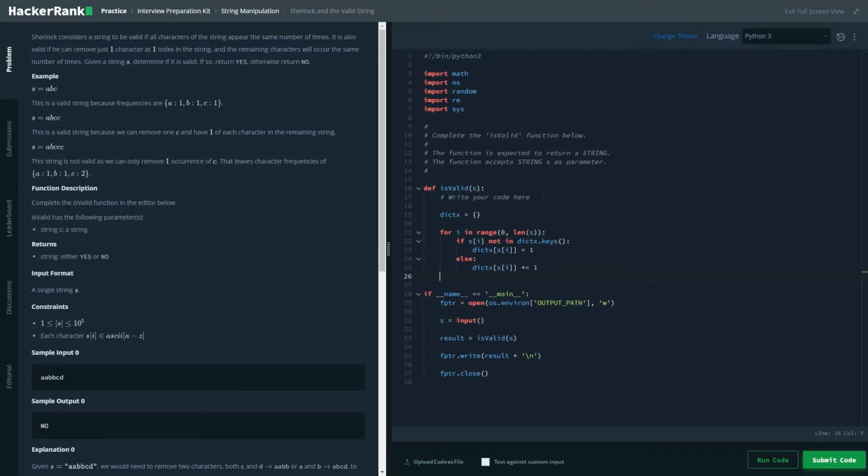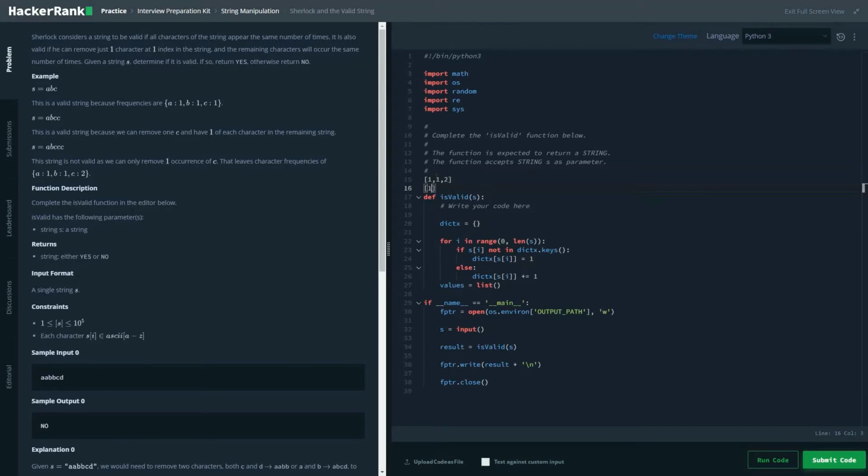The next thing is we would be taking the set of values. So for values, equal to a list, whatever values, for example, here the values of A, B and C. So you'd be creating a list just by taking those values. So the values would be 1, 1, 2. And if you take the set, the value would be 1, 2. Very straightforward and very simple. Now from these two values, let's first try to understand.